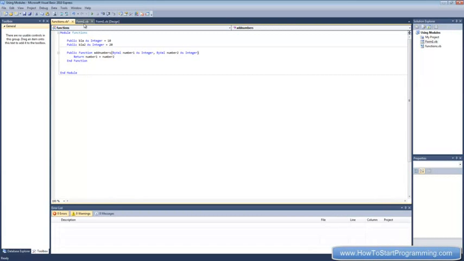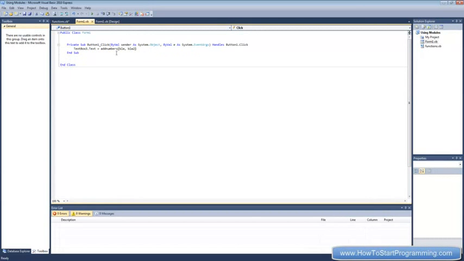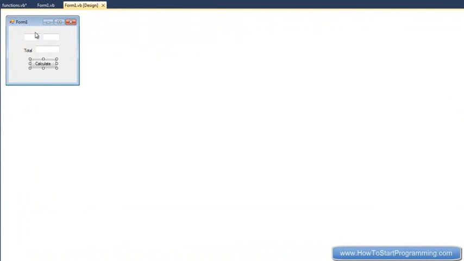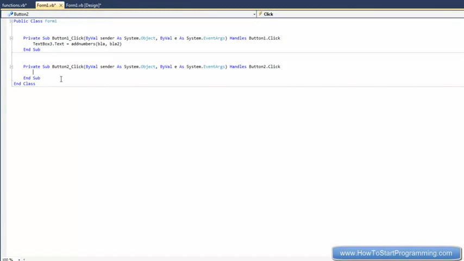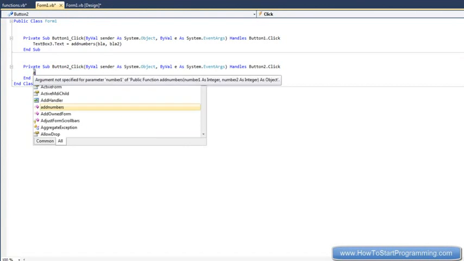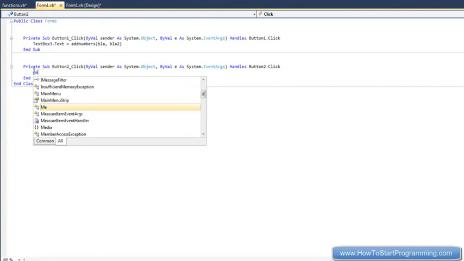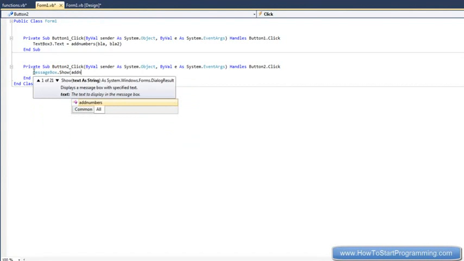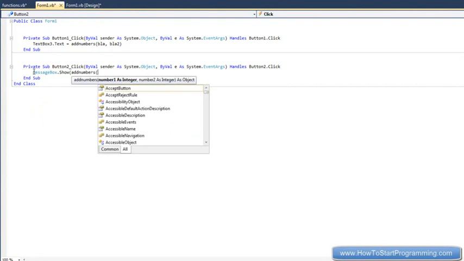Oh, and by the way, one more thing. Also with modules, you don't have to use the prefix. So let's say we want to, let's go here and let's say this is another calculate button. Just ignore this for now. You don't have to say like Functions.AddNumbers. You can just use AddNumbers, like MessageBox.Show AddNumbers, and then in brackets